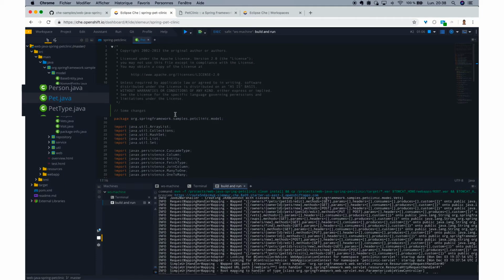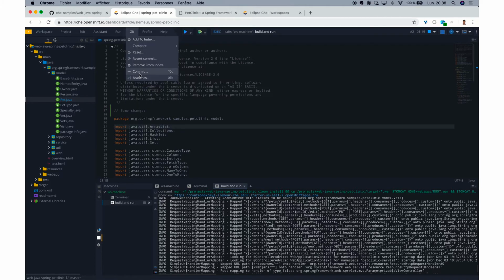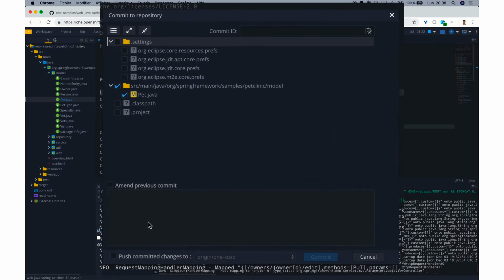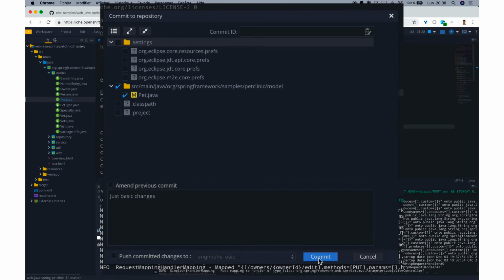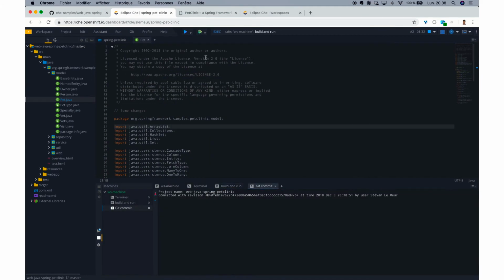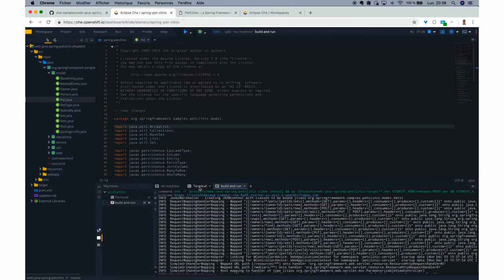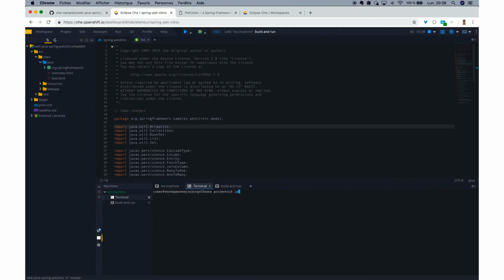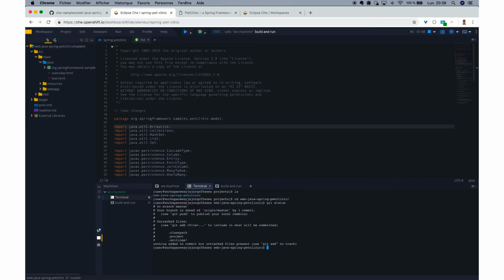Now what I want to do is make some very basic changes. As you can see, as I change a file, the file name turns blue in the Project Explorer. The IDE is integrating Git, so you can do a commit here. I'll add a comment, just a basic changes, then click the commit button. That shows me the output of the commit. Of course, if you're more familiar with the terminal, you can go directly into the folder of the project and do a git status. This shows you the status of the repository, of course.